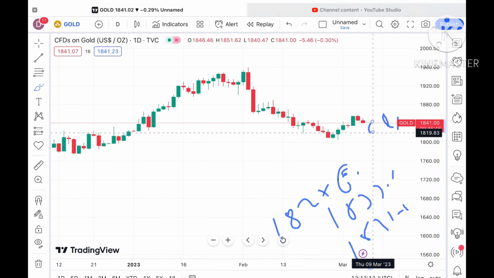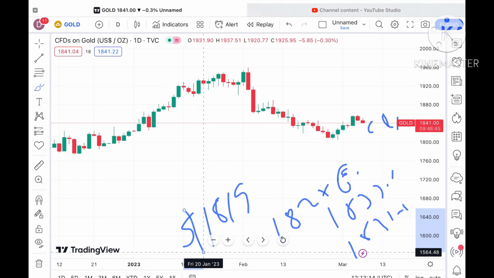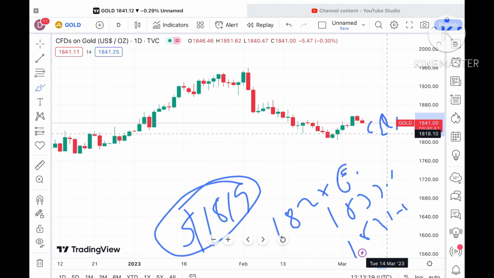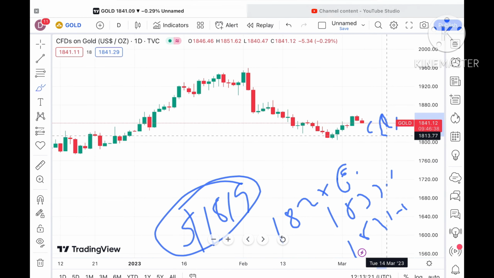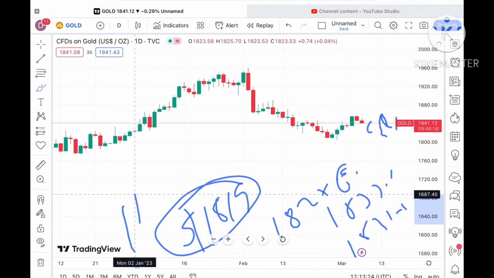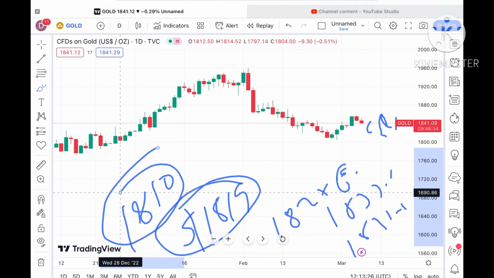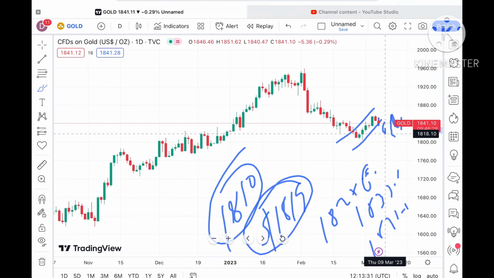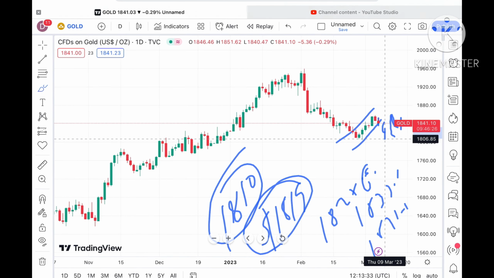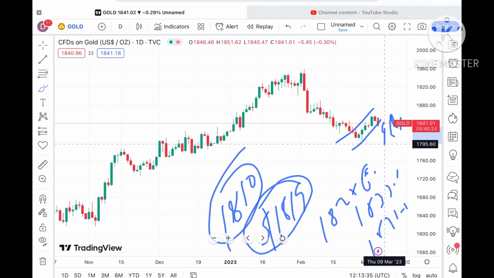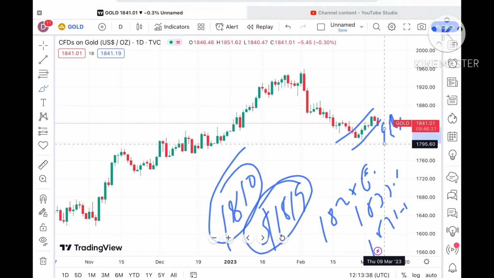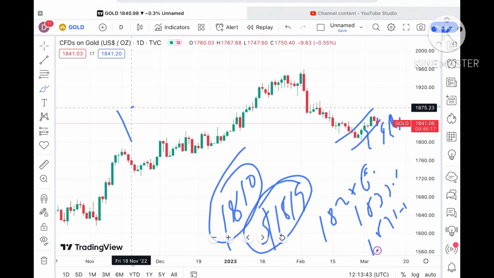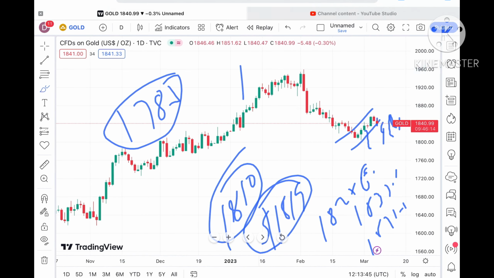we can see it can go further low towards a level of 1819. Keep this in mind. Once the price falls below 1819, then chances of going further low are there, and a probability of touching a level of 1817 is there, and from there we can see a level of $1810. When the price comes close to this $1810 level, then we can see the trend will break. So chances of going further low are there, then chances of going towards $1804 are there, and from there we can see it can go towards a level of 1794. Once it falls below 1794, then we can see a level of $1786. So you have to keep this in mind.